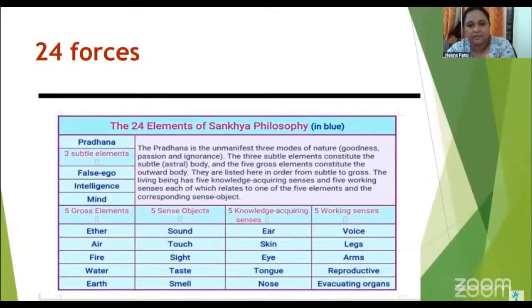We can say that's the software, and that software is the 24 elements. And if the software is not able to work properly, we cannot handle our life as human beings. So we need to understand these things thoroughly, and this is the basis of human working, human existence. If we do not have this software, this body cannot work. In the same way, if your mobile gets infected with a virus, your mobile cannot function. The same way the human mind cannot function.